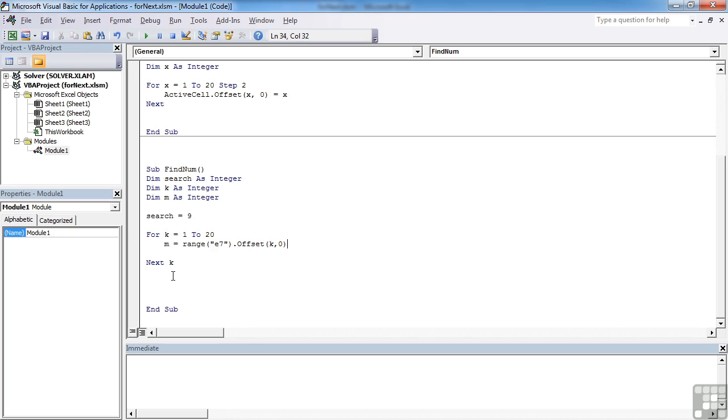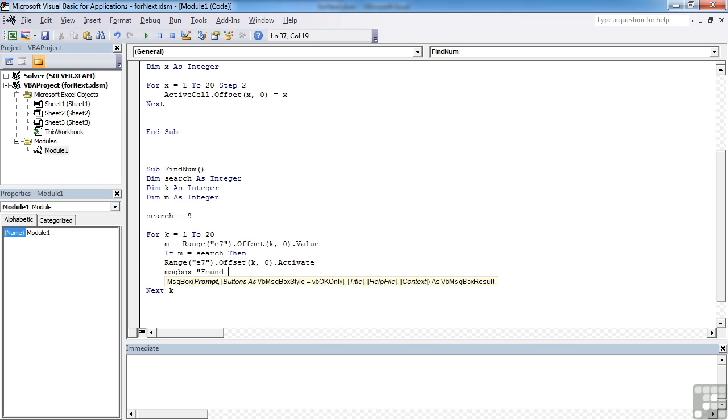So each time I loop round, I'm going to move down one more cell. And I'd like the value of that particular cell at this moment in the loop, which is 1. So 1's going to be fed into there. So I'm looking at E8. So the value of E8 goes into m. I can then use an if statement to see whether m is equal to my search. So effectively it is 9 inside m where we are at the moment. Then what I would like to happen is for Excel to highlight that cell by activating it. So I'm going to say offset k, 0 dot activate and put out a little message box that says found